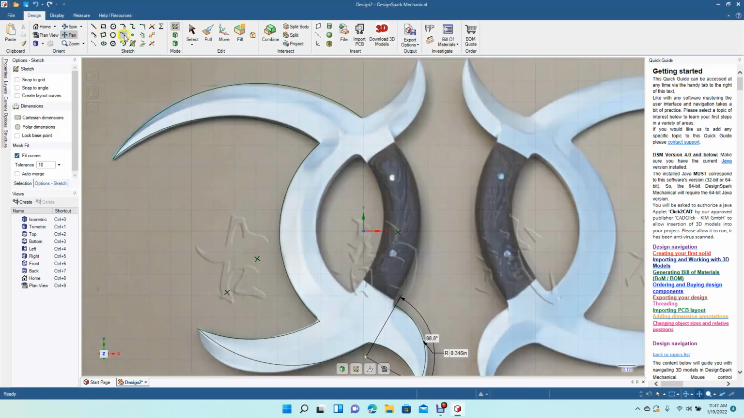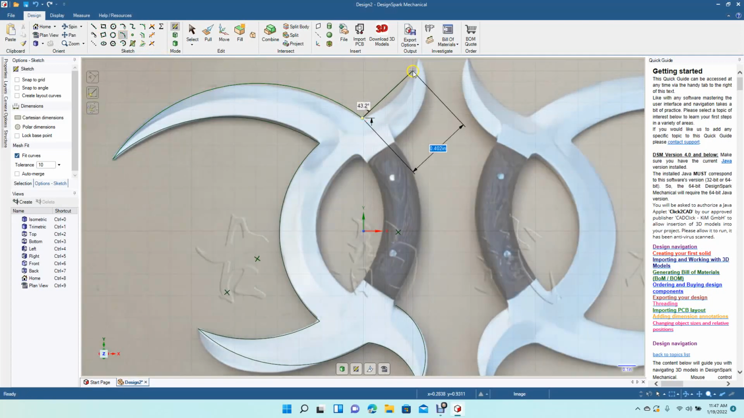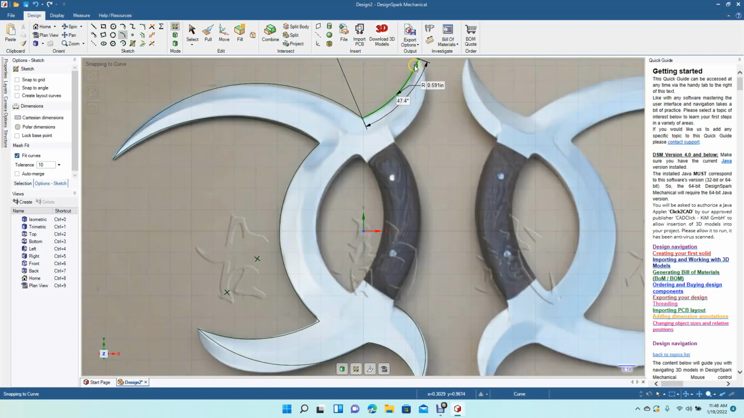Okay, now we're going to do the inside part. So let's do this part up here. Click from there to the point, and then we'll curve it in. This is going to be a radius of 0.591 inches and a 47.4 degree angle. And we're going to go end point to there,